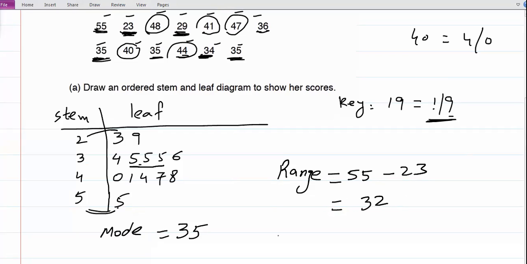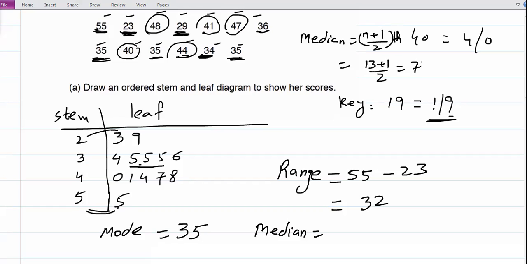In the same question, for example, if you are asked to find the median. Now, the total number of values is 13. 13 is an odd number. And how do we find the median for an odd number? The median for an odd number is the (number of values plus 1) divided by 2th value. Now it means 13 plus 1 over 2, 14 over 2, 7th. It means the 7th value is the median.